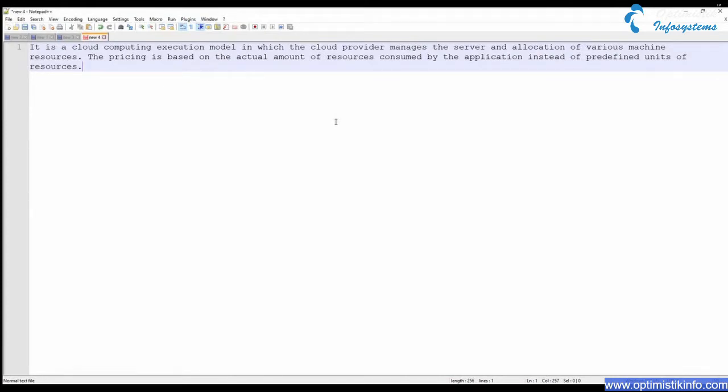And that's where the extension to the platform as a service comes in the form of serverless computing, which says that my pricing will be based on for how long the code actually executed and whatever resources I have asked for that particular code, the billing will always be pro rata based. It will not be like I need to reserve some of the resources for my serverless compute. It will always be based on exactly how much usage was there at what time. And hence, I can reduce the amount of money that I would be spending on the execution of